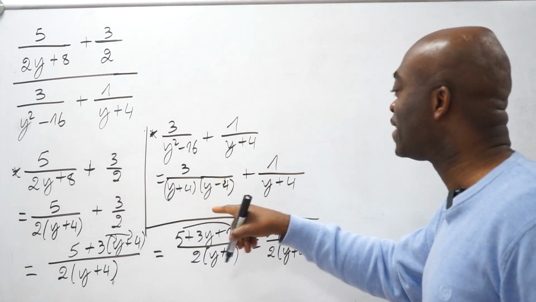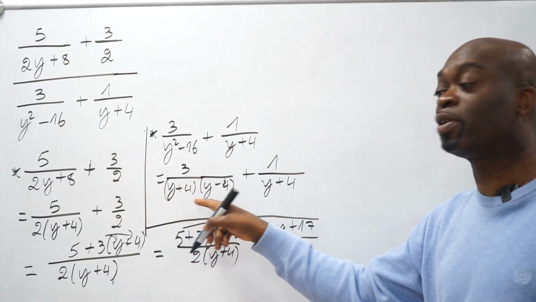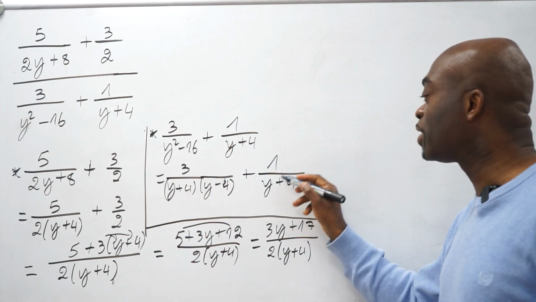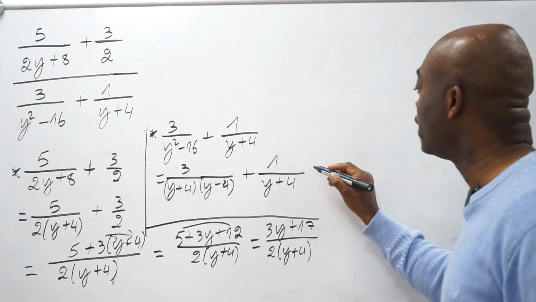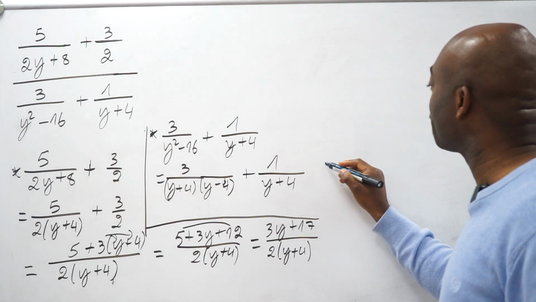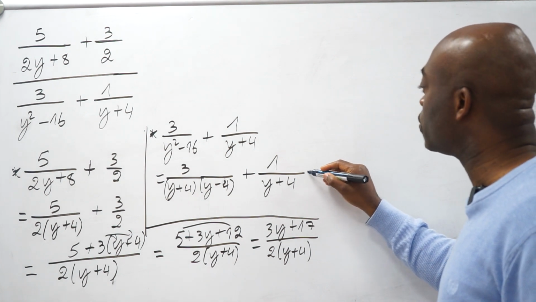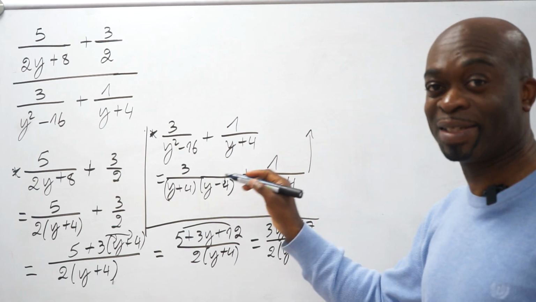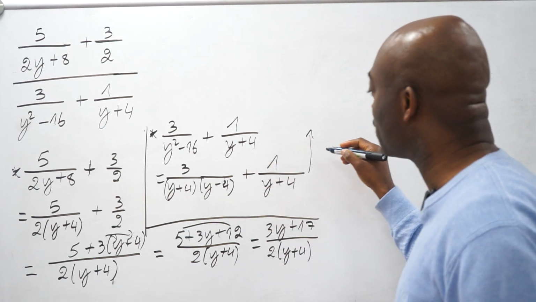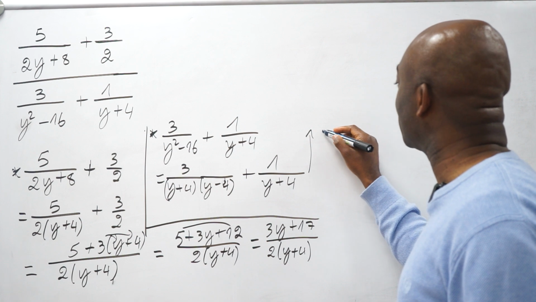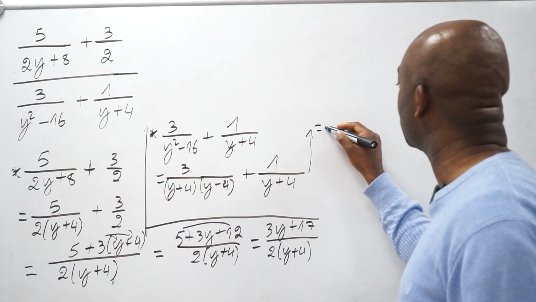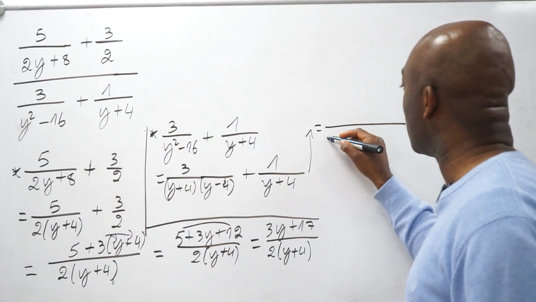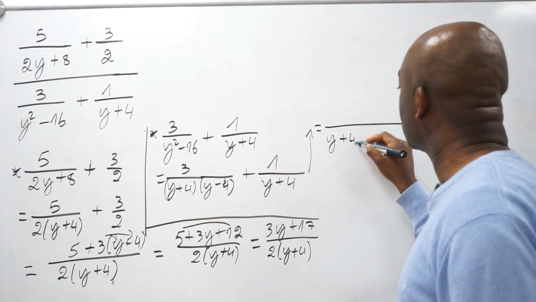So what's happening here is that the lowest common denominator is going to be y plus 4 times y minus 4, because here you have y plus 4 already, okay? So this then will be equal to what? If I bring this one a bit up here, it's a bit messy with how the board is used right now. So the lowest common denominator we say is going to be equal to y plus 4 times y